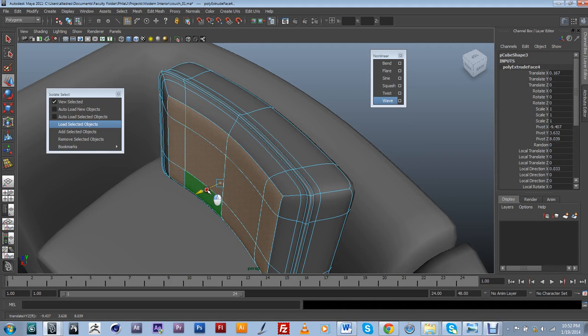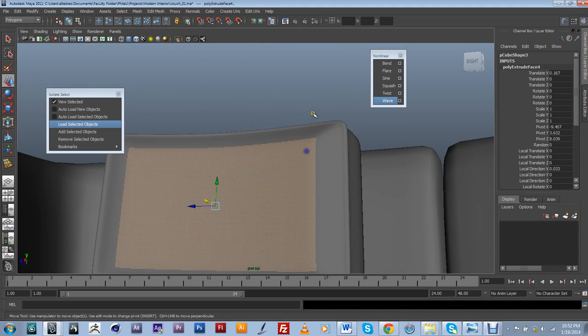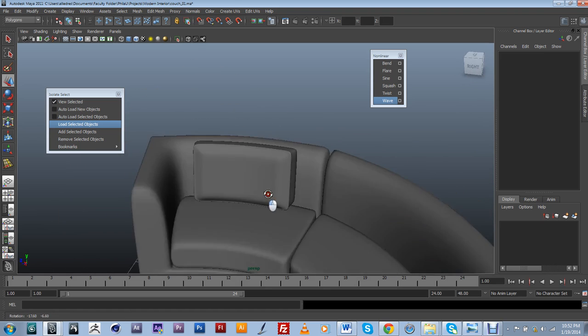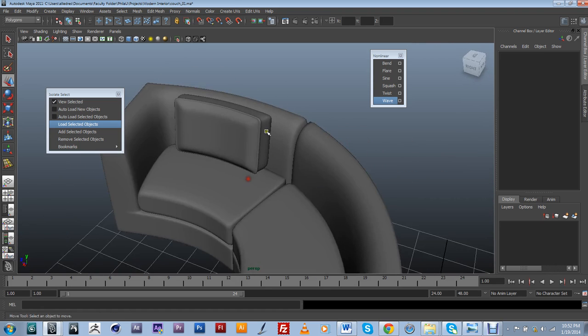A little bit too much there. That seemed to work a little bit better. It does look a little bit more pillowy by doing that. So it has a little bit of